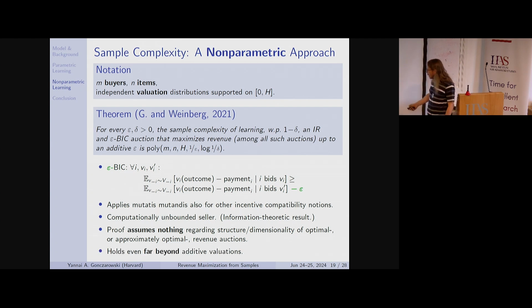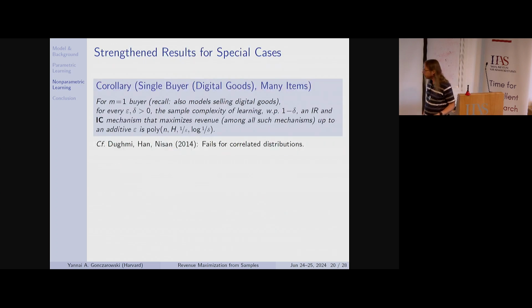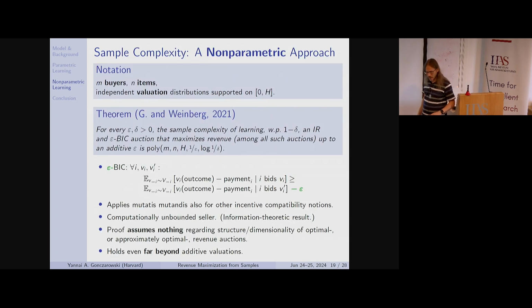Last thing I want to say is that I'm showing you this for additive valuations. This is actually not critical here. You can generalize far beyond that. You can even do externalities and some other stuff. What we do need is independence, and the way that the values of the items accumulate to make your total value for a bundle. There's a full slide, but you can do many things. You can do public projects, you can do externalities, you can even do some super-additive stuff. You can do a lot of stuff.